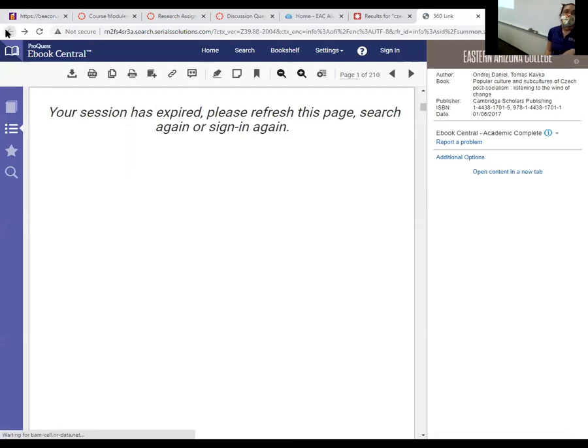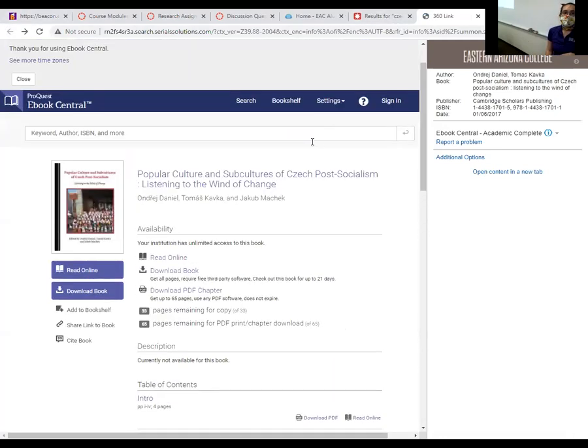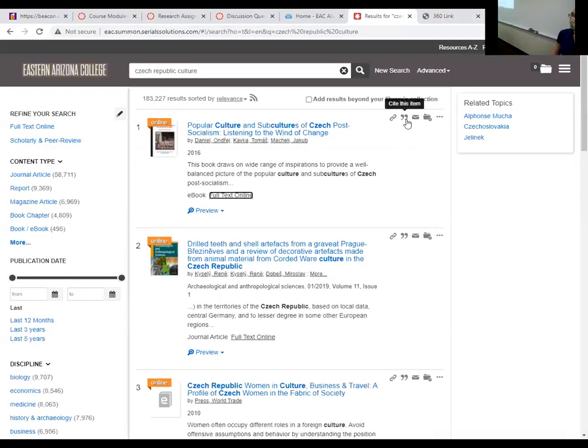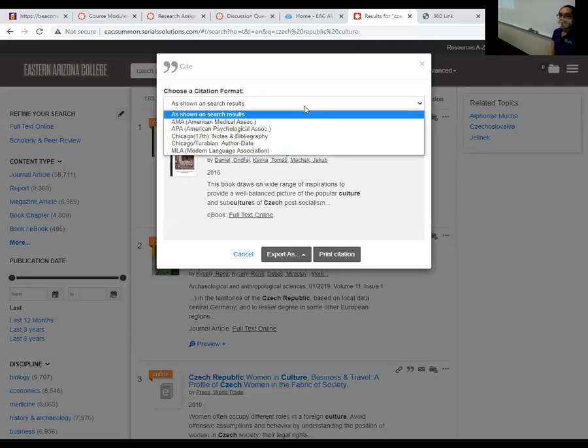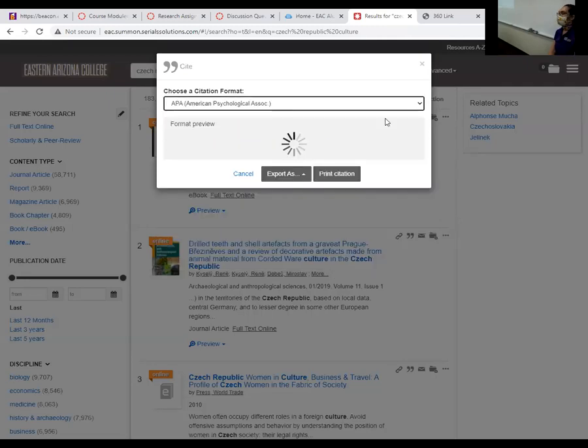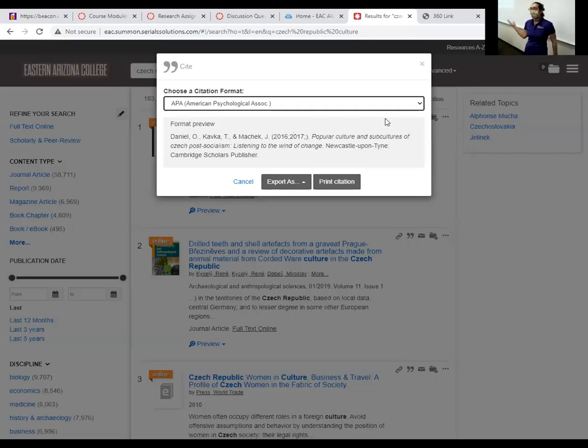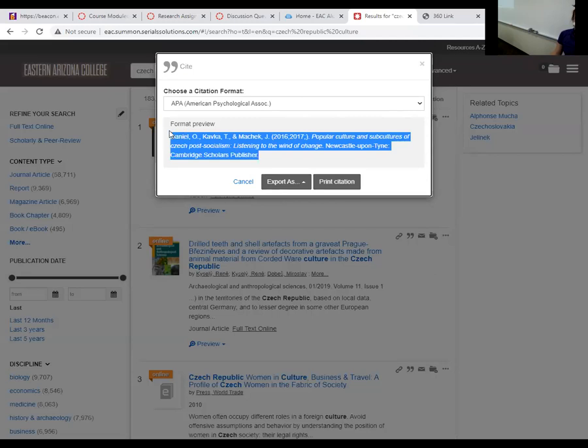But whatever it is, if I want to use that, then I'm going to go over here to the little quote buttons on the side and say cite this item. I'm going to go to the drop-down list of APA, and there it's going to pull up my APA citation. This is okay, but since it is an online resource, I do need to add its DOI number, or I need to add the link that I retrieved it from.